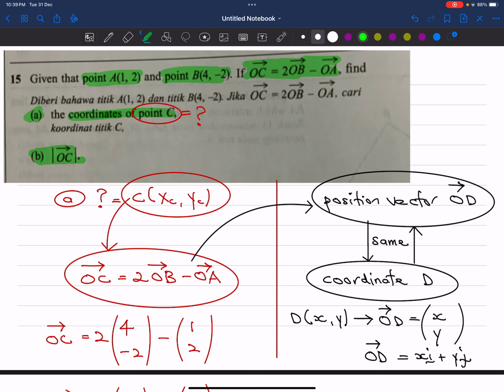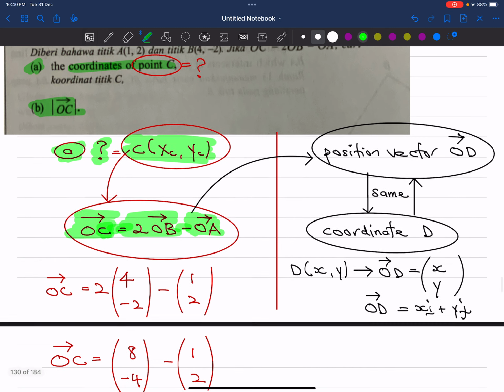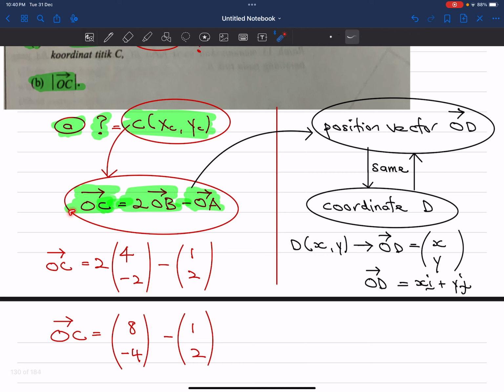So as usual, we start with part A. They are asking for the coordinates of point C, which I label as (xC, yC). Since they are asking about point C, I will go to the information involving C, which is vector OC equals 2 vector OB minus vector OA. Now, as I said earlier, all the 3 vectors start from origin O, so all the 3 vectors are position vectors. So, we need some notes regarding that, which is